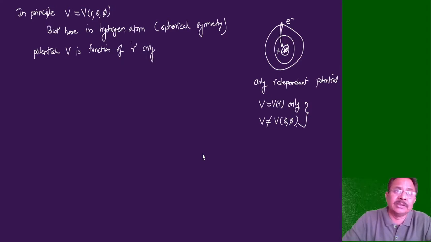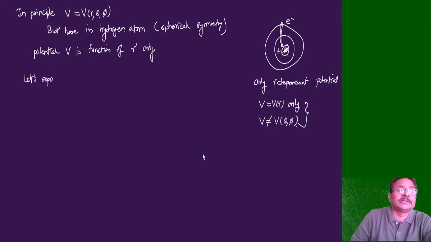Now I can separate this Schrodinger equation, or the above equation, in such a manner that only the r part will be separated and the theta and phi part will be together. So see the case, since I know that V is not a function of theta and phi, I can separate this earlier equation, or Schrodinger equation, in such a manner that it will be separated for r only. Okay, so let's separate Schrodinger's equation.